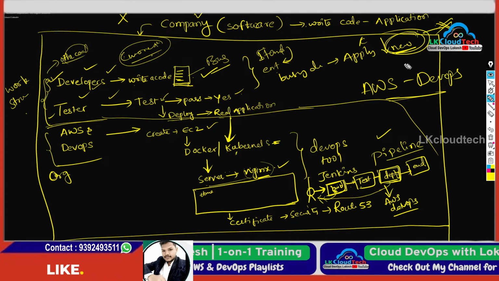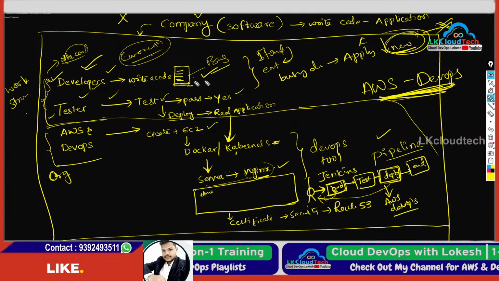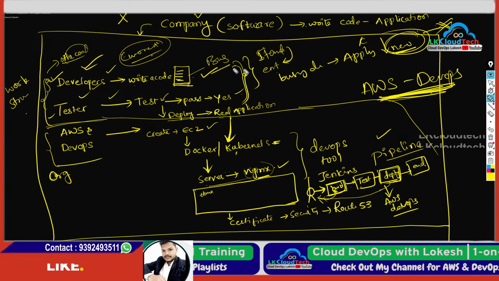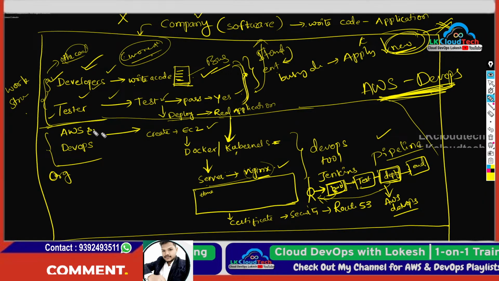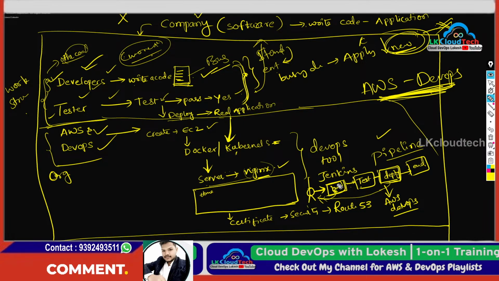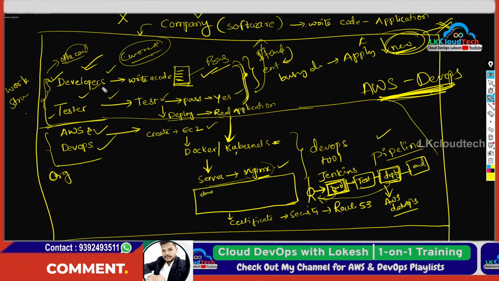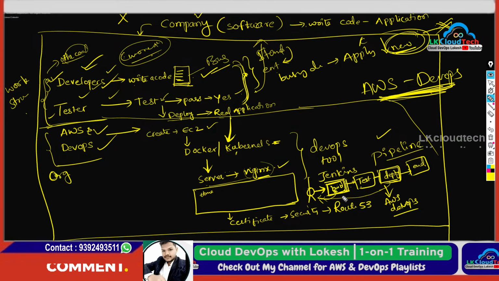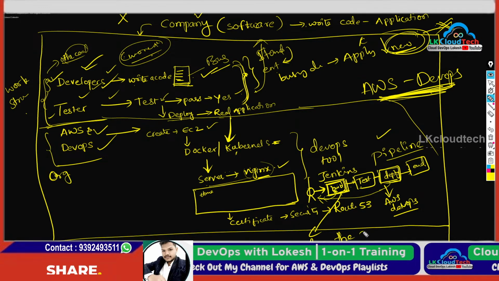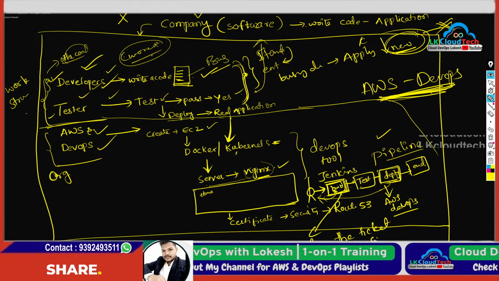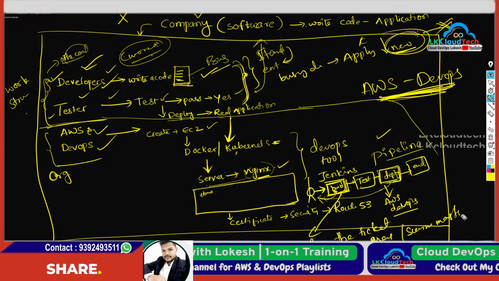So that's the reason the AWS DevOps team came into the picture. The developers and testers will do their job. After finishing this job, they will leave it and start a new project. You understood? The rest of the things will be taken care of by the AWS DevOps team. Unless you get some issues in the current project, they won't care. If you get any issues, again you need to raise a ticket. This ticket will be created by managers or scrum masters.